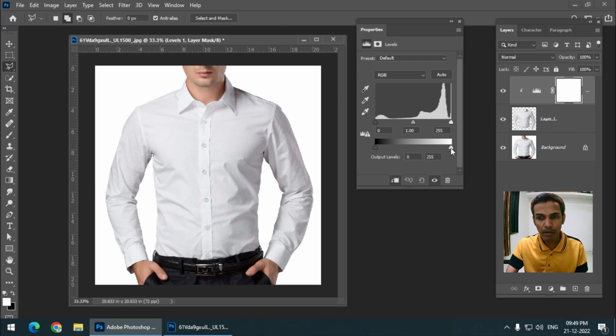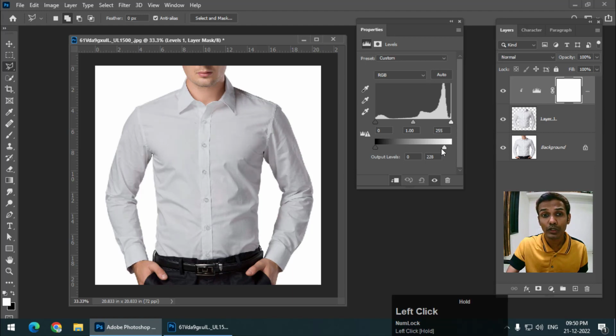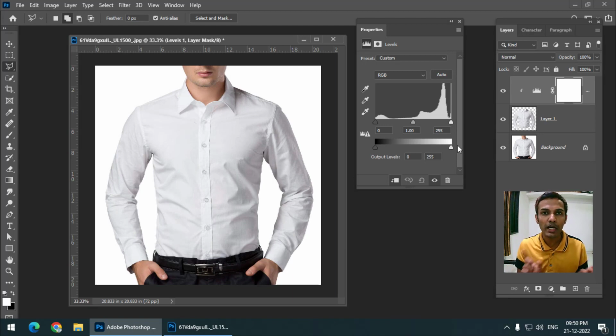So this denotes maximum brightness and maximum darkness. So we have set it to the extreme values right now. So if we move this, this will increase the darkness and decrease the brightness, and this will do the opposite thing. This will increase the brightness and decrease the darkness. So in short, these two values define the maximum darkness and brightness.